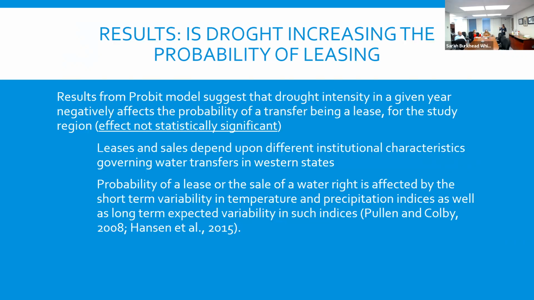And if you understand, probability is what? A 0 to 1 number, right? So it is not a numerical number like 25 or something. A 0 to 1 number can only be captured by a different kind of model, and we use either the logit model or the probit model. I just took the probit assumptions because my data was thankfully normally distributed. You have to use the logit model when it is logistic. But anyways, for sales and leases, nothing statistically significant came out.